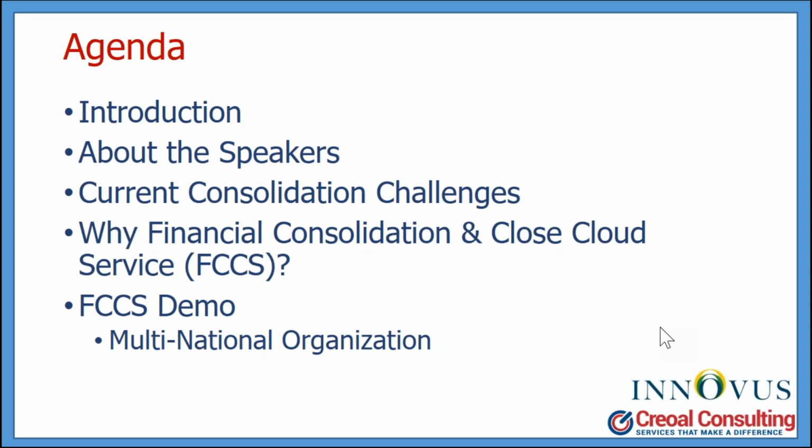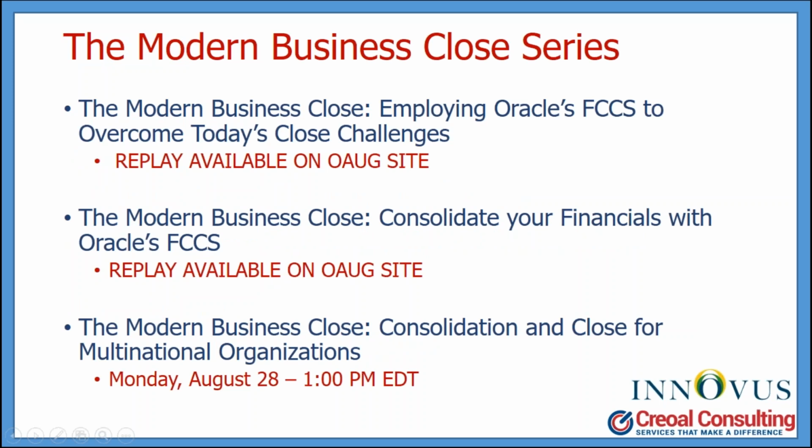So this is the third in a series of sessions that we've done. We started this back in June. We've had some tremendous response. And this is kind of the final session that we're doing. The first use case that we focused on was really just automating your close process. That was geared towards really any size company that is looking to track the close in something other than Excel or Word. And the FCCS tool has some great functionality with regards to automating your close, tracking processes, tracking jobs, and tracking approvals.